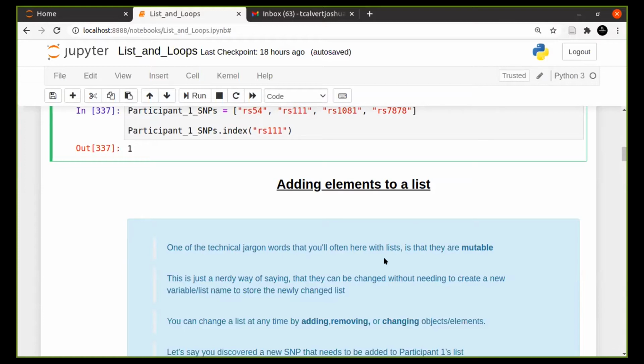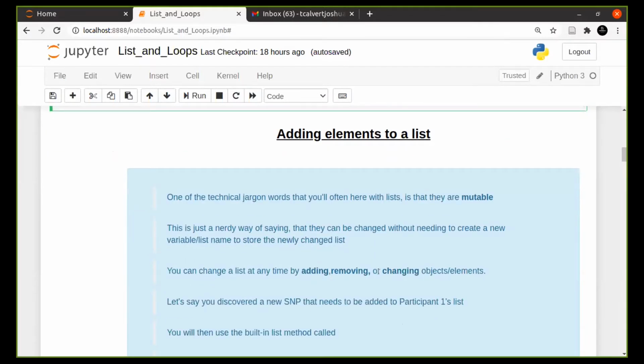Lists are mutable, which means that lists can be changed by adding or removing or swapping out elements within that list. So mutability is a nerdy way of saying that you can change what is stored in that variable name without changing the variable name. And I'm going to show an example afterwards that's going to show you exactly why we need to know this and why we need to be careful with this, because strings that we worked with